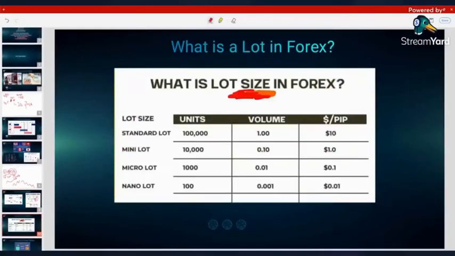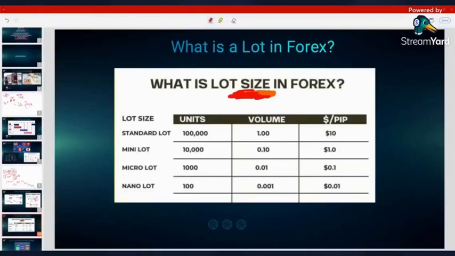Forex is commonly traded in amounts called lots, or basically the number of currency units you will buy or sell. A lot is a unit measuring a transaction amount. When you place orders on your trading platform, orders are placed in size quoted in lots. I'll be showing you this